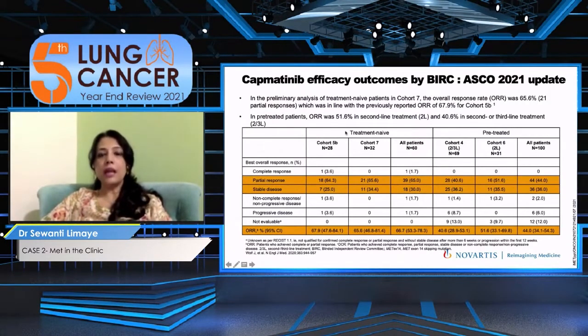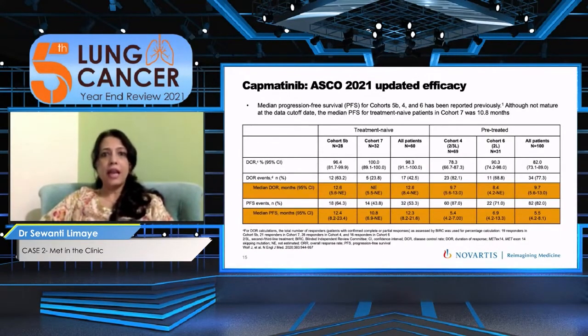And when you look at the outcomes in the BERT study, you can easily see here that the first line utilization of capmatinib gave the highest response rate of 67.9%, versus if you had second line, it was 51.6%, and third line, 40%. So the responses do go down. The time is to attack in first line, and updated efficacy is also shown here, where the duration of responses